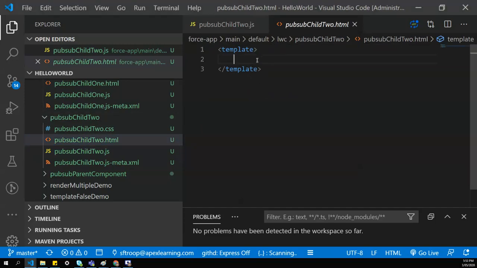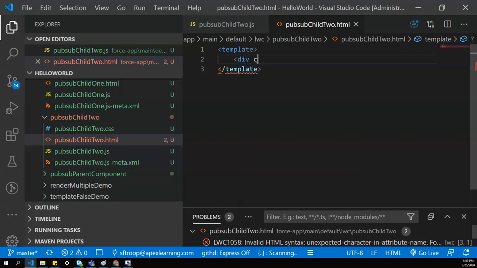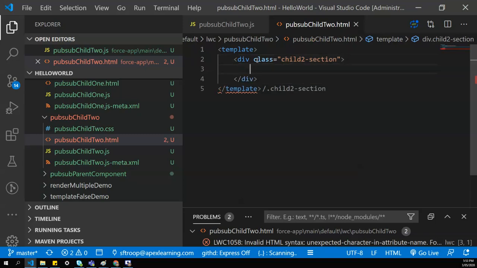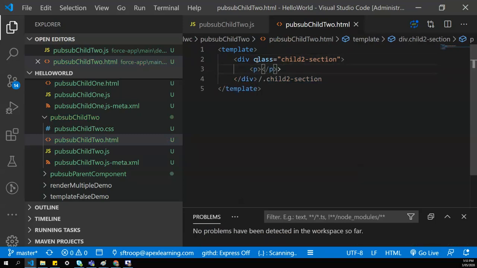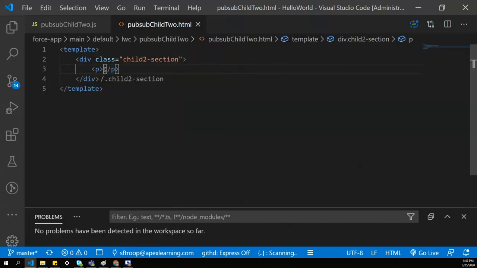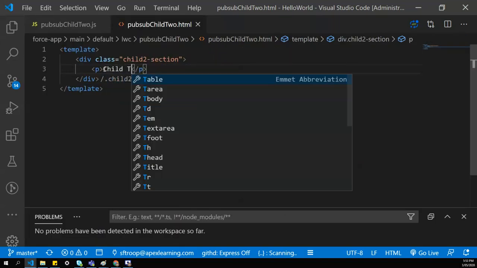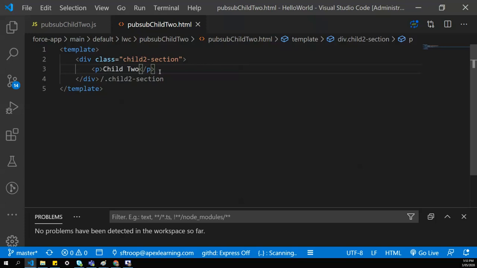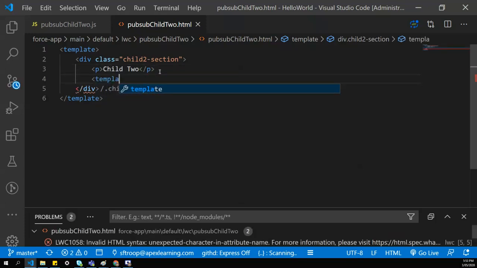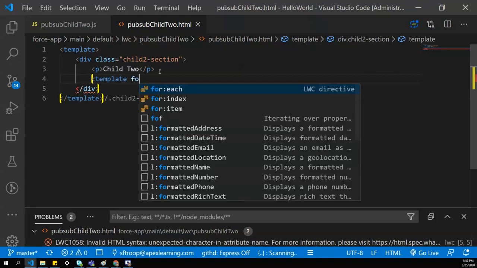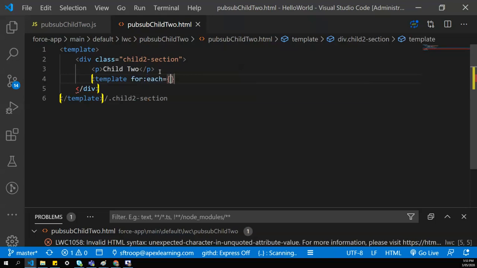Let's go and create our HTML file. Div class child code section. We'll take a heading as well, and the heading is child 2. And then we'll loop over the accordion data. For that we'll use a for each loop that will take the accordion list.